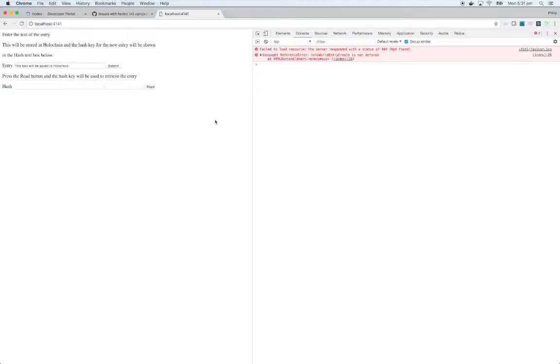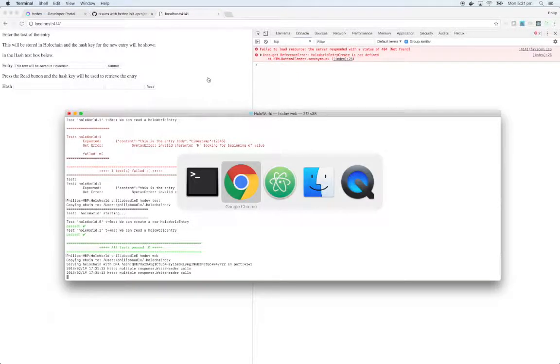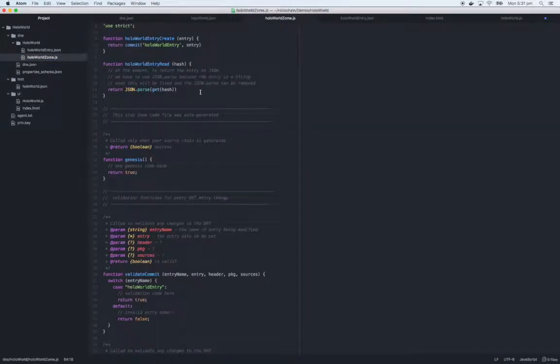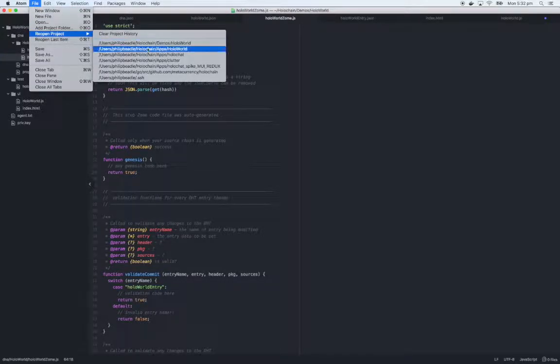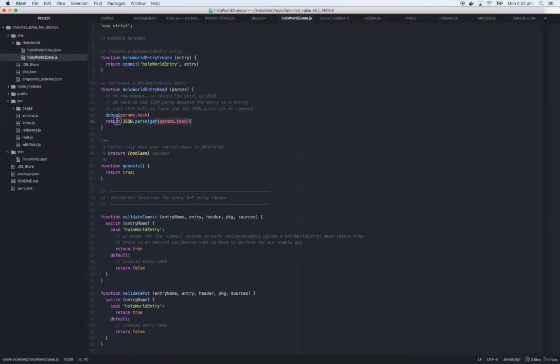Okay, what have I done wrong? Ah, that's that thing again. Multiple write header calls. Okay, so we figured this out before. We need to look at our new. Just going to open up another project I was playing with. And we changed that call somehow. I can't remember quite what we did. Oh, okay, that's right. There's something to do with the way the JSON is passed. So let's change the method now